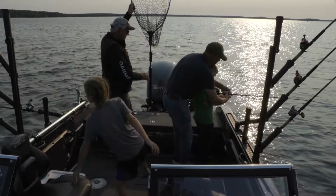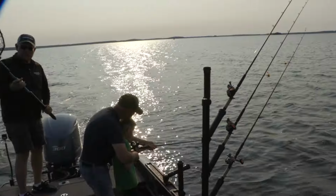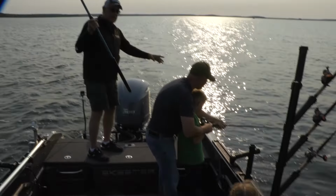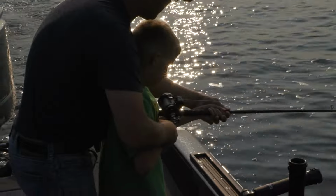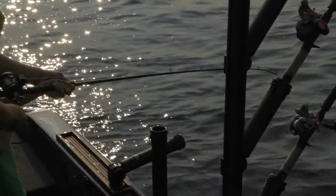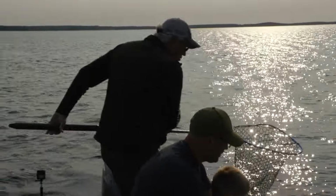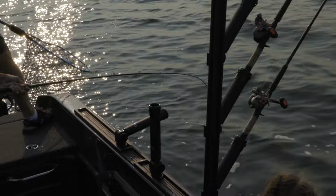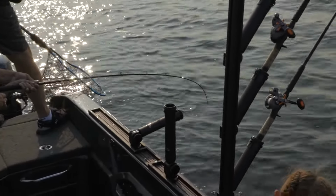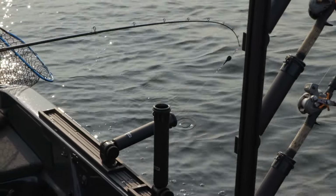So guys, what we're doing here is they've got one on our double trouble harness rig. It's a Walleye Nations one, but as you can see, he's going very slow because there is only 16 feet of line out, and you got to let those fish kind of work themselves out. Because if you don't, and you try to bring them in too quick, they'll just rip off. Okay, we're going to the middle of the boat, so Grandpa can hook it. See, we're not far away. We see that thing. You got to let him just...